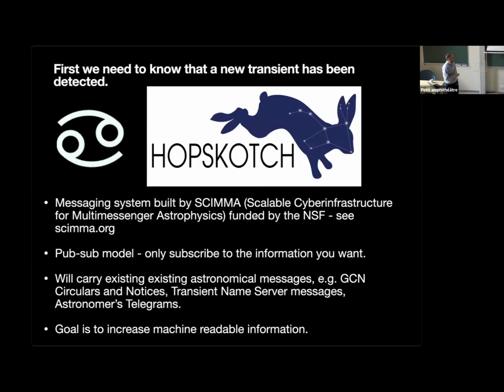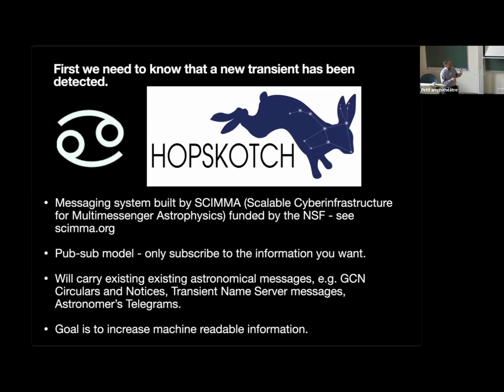We're also aiming to start to congregate a lot of this other information in similar ways to Astro-COLIBRI, with other existing services, things like GCNs, the Transient Name Server, and Astronomer's Telegrams. We're trying to pull all of these together into a single place so that we can start to use them more effectively.